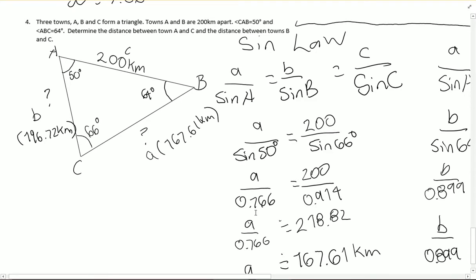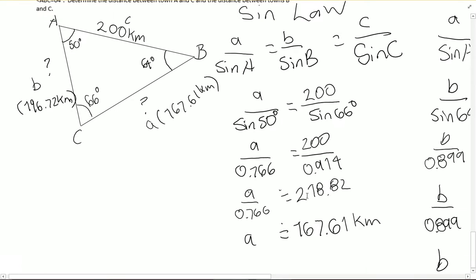So at first I tried out cosine law, but then I realized that using this information I was not able to figure out the answer with cosine law. So I switched to sine law, which I laid out here. I knew the opposites here, the two C's, 200 kilometers and 66 degrees. Using that, I was able to figure out what A was first, and I was able to determine that the length of A was